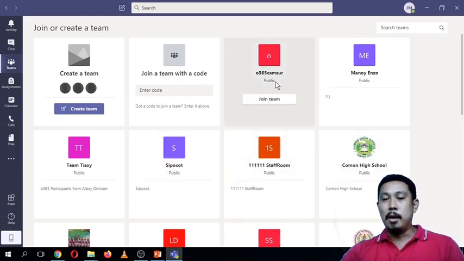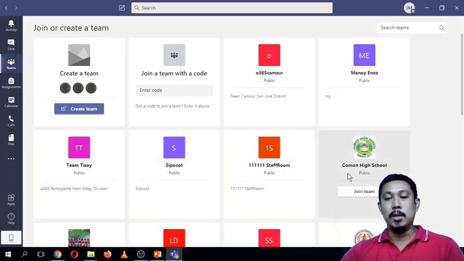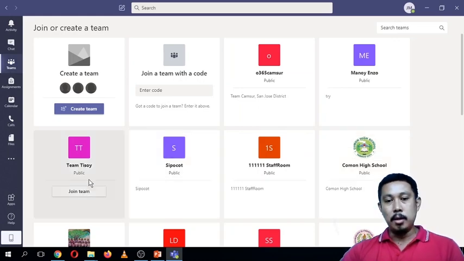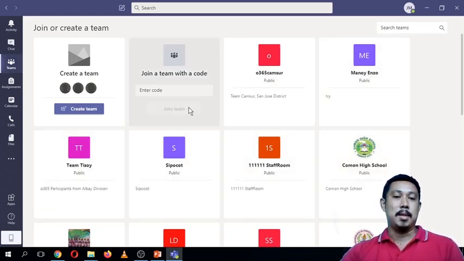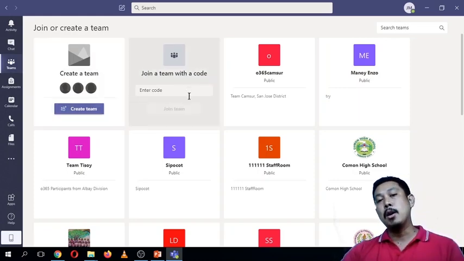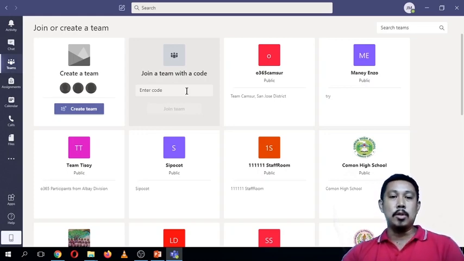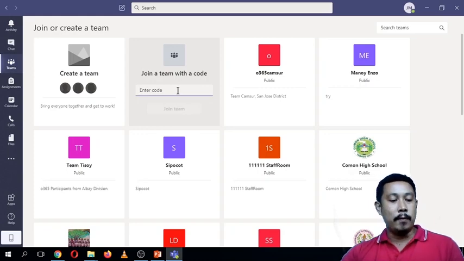We have different teams that were created earlier, and we can immediately join these teams. Okay, and aside from that, we can join teams by way of a code or a team code. Later on, I'll be walking you through how you can generate a code and give this code to students so that if they want to join your team, they just have to input a code in this area of your